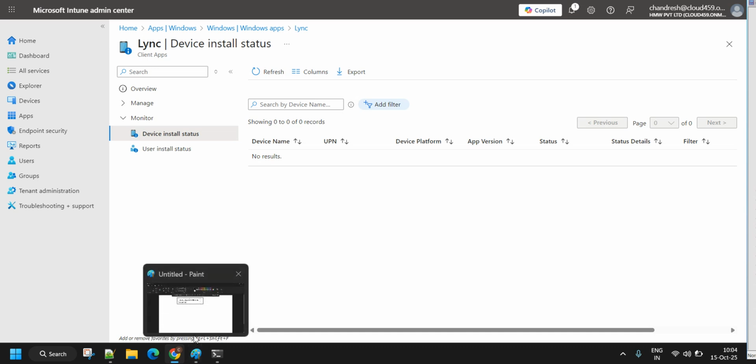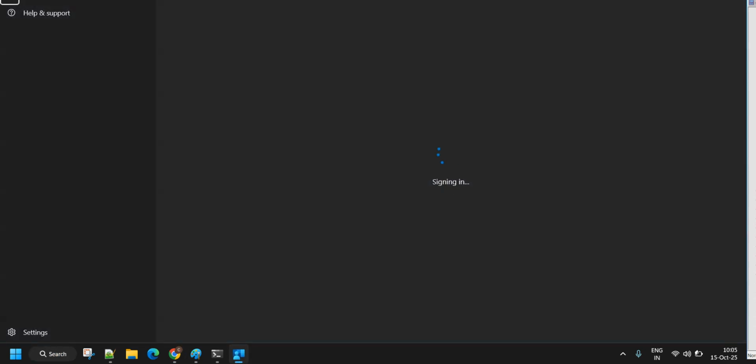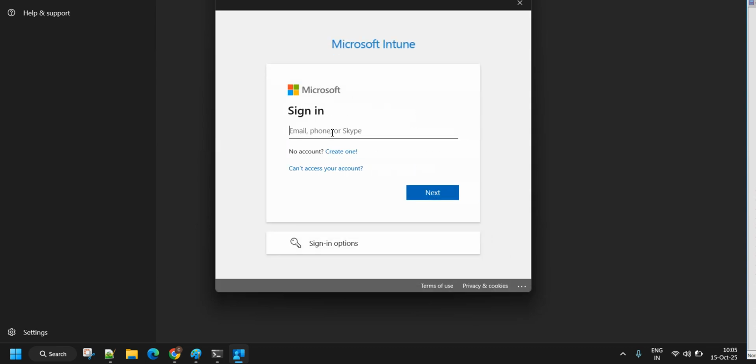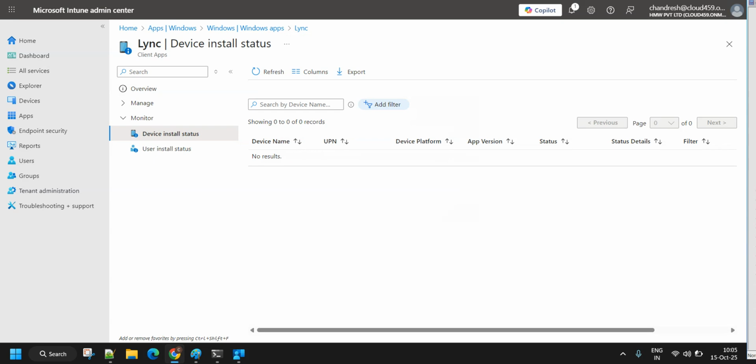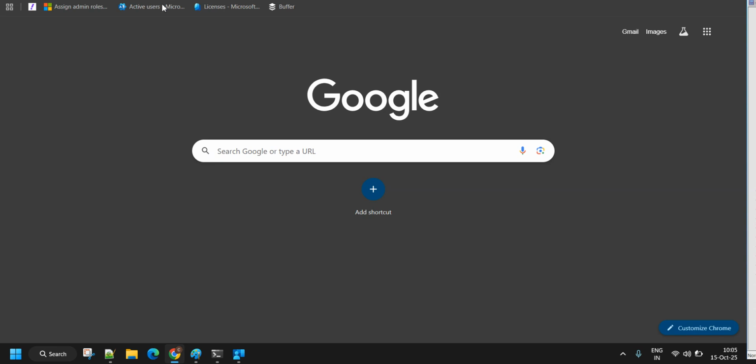For this, on this device only, I will go to the Microsoft Store or the app section. Company Portal I have already installed, so I will go to Company Portal here, and I will select the account. Now, which account will I select? I will select the user account which I already have. So this I will close, and here I will go to